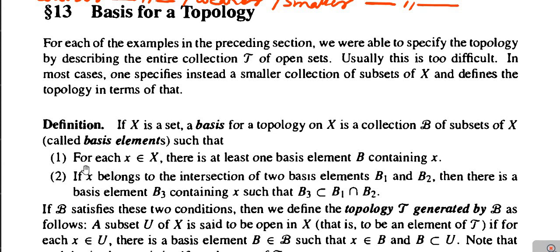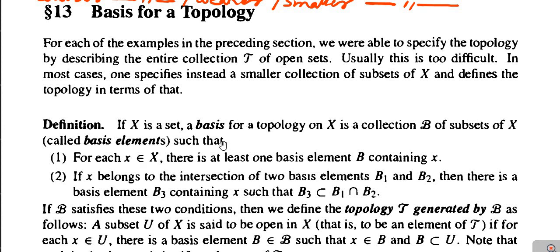The first condition is that for each x belongs to X, there is at least one basis element B containing x, and the second condition is that if x belongs to the intersection of two basis elements B1 and B2, then there is a basis element B3 containing x such that B3 is contained in B1 intersection B2. Like such, we have defined the basis for a topology on X.